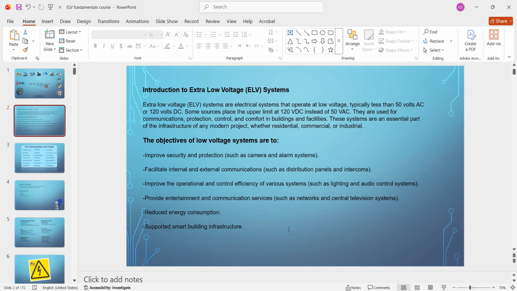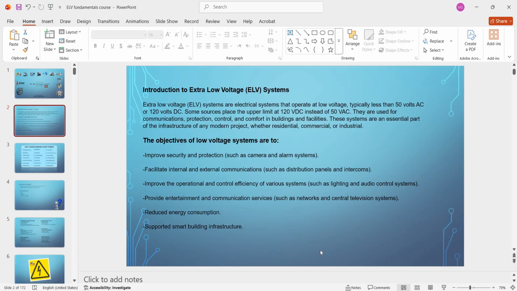For example, in a residential project, we should build a network infrastructure system, a telephone system, and access control at the building gate. If we have a commercial building, we should implement a data network structure, telephone network, Wi-Fi, CCTV, sound system,